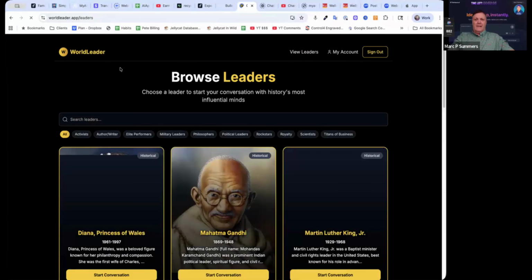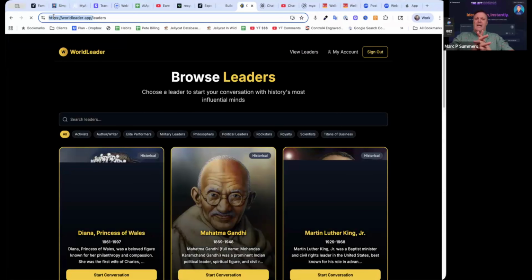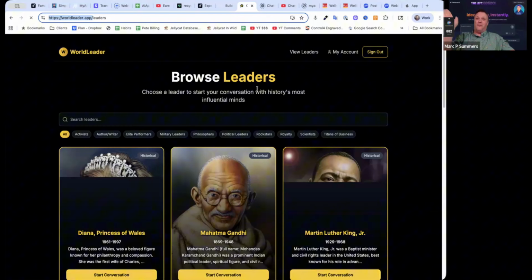You can go to worldleader.app. In fact, let me put that URL in the chat, and you guys can play with it. It's kind of fun. There's a lot of elements in here that I've been asked for many times. The first element is a timed trial when someone signs up. When you sign up, you get 30 minutes to fully test this as a premium user before it locks everything down. So it's not a 7 day trial, it's not a 3 day trial, it's a 30-minute trial,